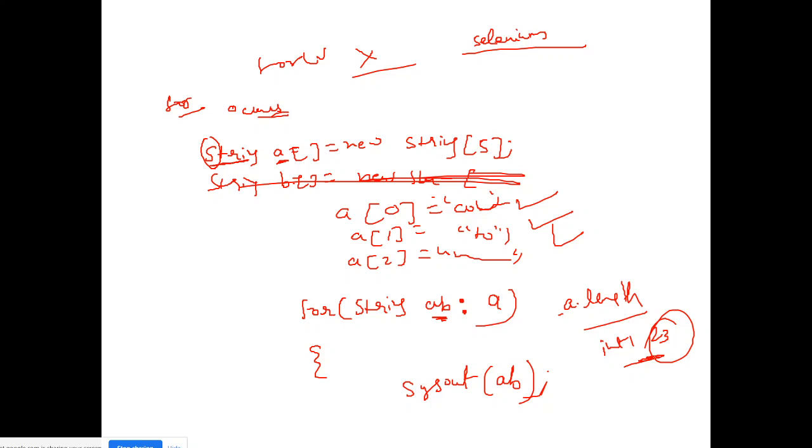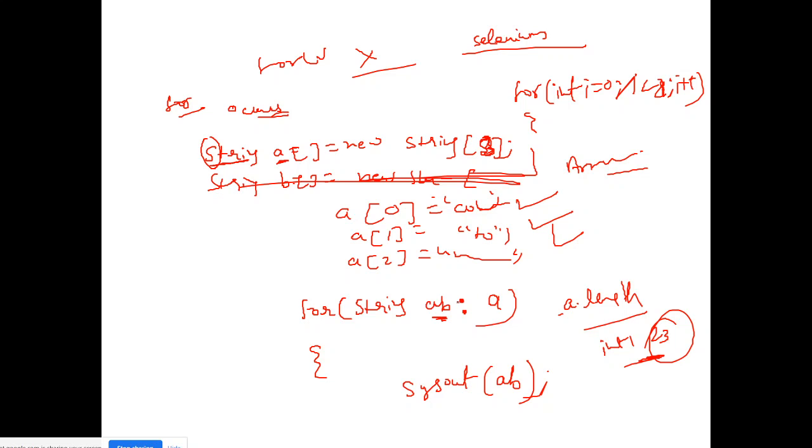Here if you make any mistake in for int i is equal to 0, i is less than 3, i plus plus, right? And the size of the array is 3. If the size of the array is 3 and you run it 4 times, you will get an array index out of bound exception, right?